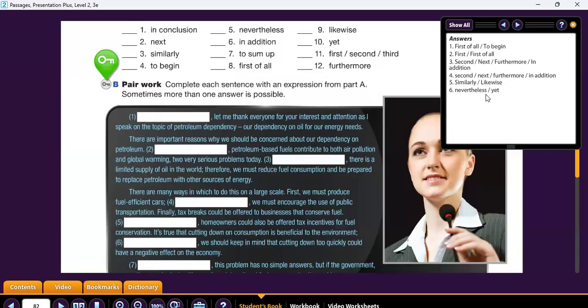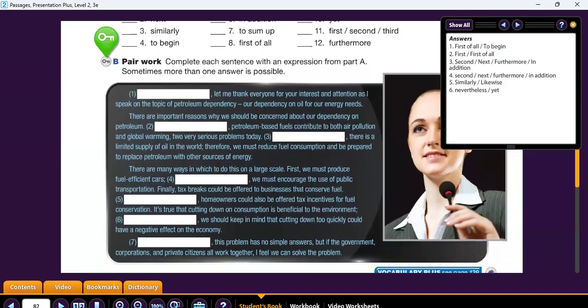It's saying that even though it's good that we have to cut down on the use of fuel, we also have to keep in mind that cooling down too quickly will have a negative effect on the economy. And in the last conclusion: "In conclusion," "Finally," or "To sum up, this problem has no simple answer, but